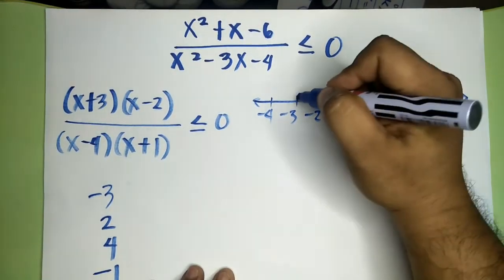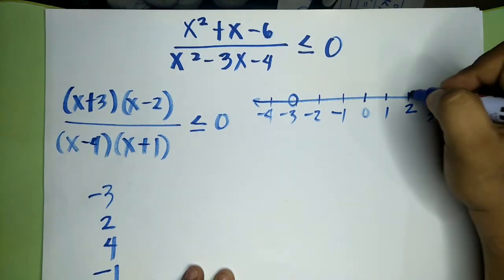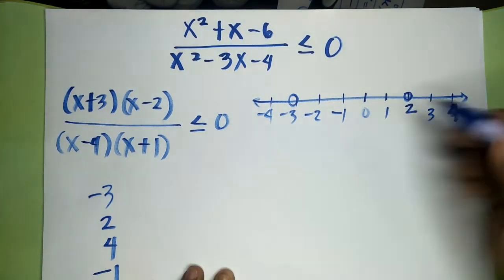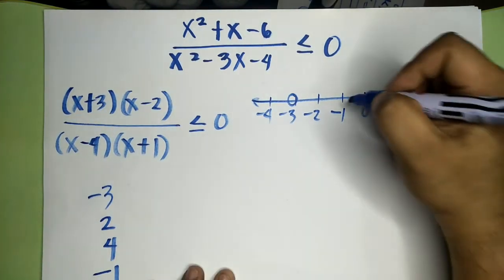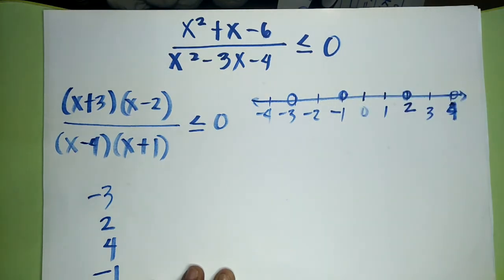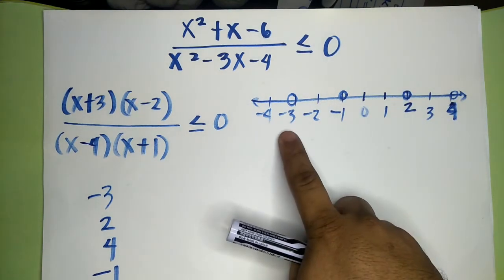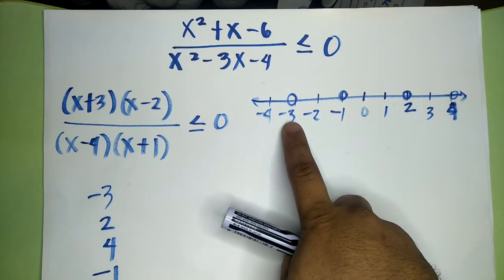So, negative 3, positive 2, 4, and negative 1. Ngayon, kukuha tayo ng substitute sa bawat